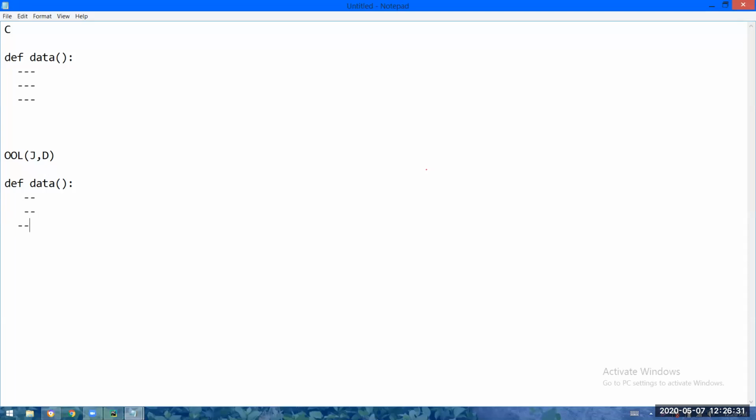Without classes, you cannot write the definitions. In object-oriented languages, you must take the class, and inside the class only, you have to write the definition. In procedure-oriented languages like C, no classes here; you write the definitions outside.